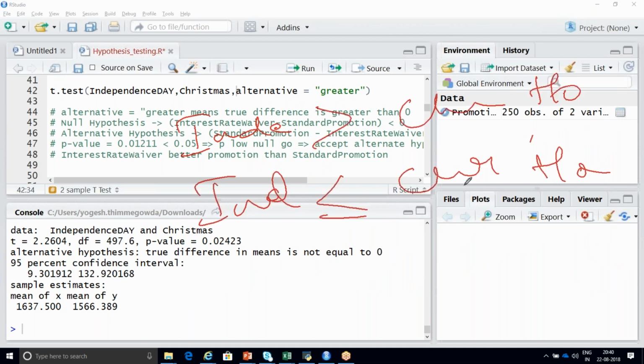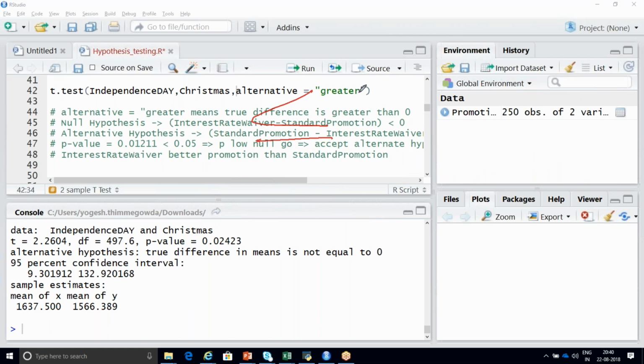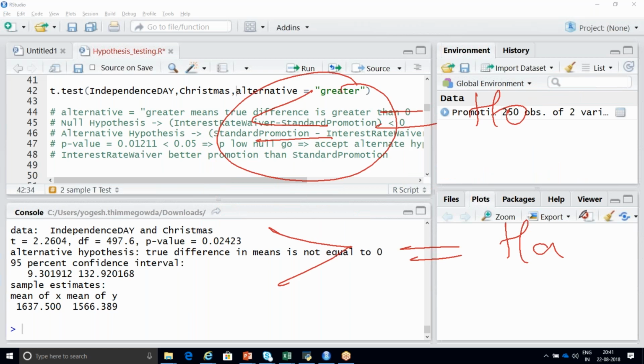But you'll get confused, so always stick to this thumb rule: less than or equal to as H naught, greater than as alternate. Please write it in bold letters.